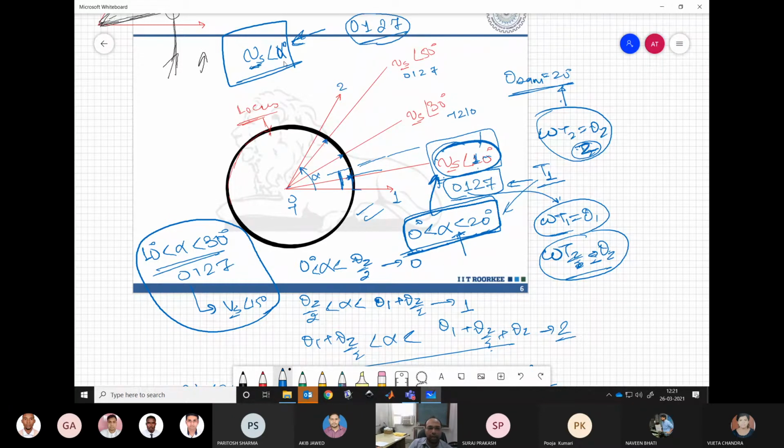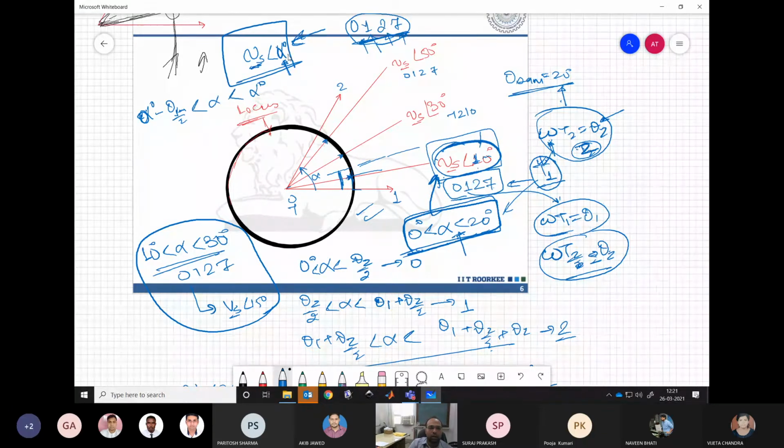The moment you see Vs is at alpha, you apply all these vectors. Is this possible? It's not possible. Because every vector is associated with some time, or if you multiply by the omega, then with some angle, which means that much duration you have to apply these vectors. So if you are trying to realize any vector at alpha degree, you need to have the application of these vector sequences over this range: alpha degree minus theta sampling by 2 to